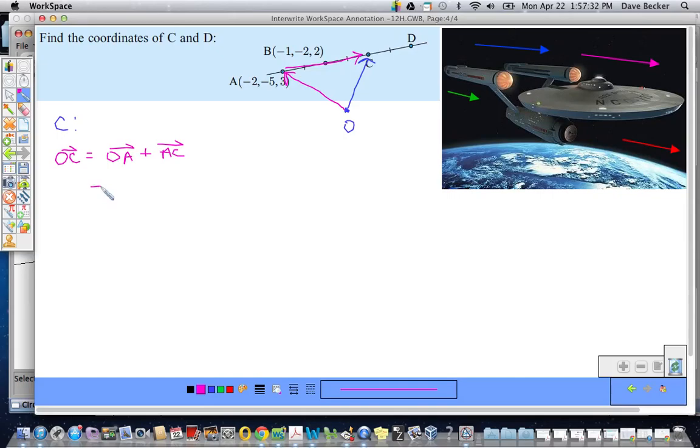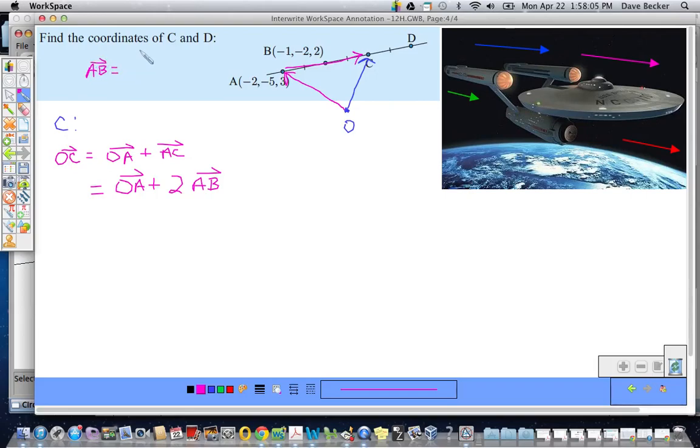Which is also equal to OA plus, well, B is halfway between. A to B is the same as from B to C, so it's 2 times vector AB. And you might be saying, well, why are you doing that? Well, I'm doing that because I don't know anything about point C. So I wouldn't be able to add these. I don't have the coordinates, but I do know the vector AB,